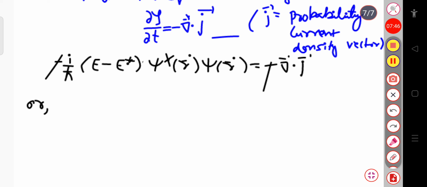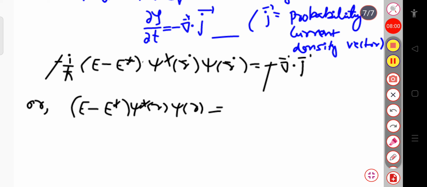So I can write here, e minus e conjugate whole into psi star of r into psi of r, that will be equal to, here I will multiply h bar and iota, I can simply write this is equal to iota h cut into del dot j